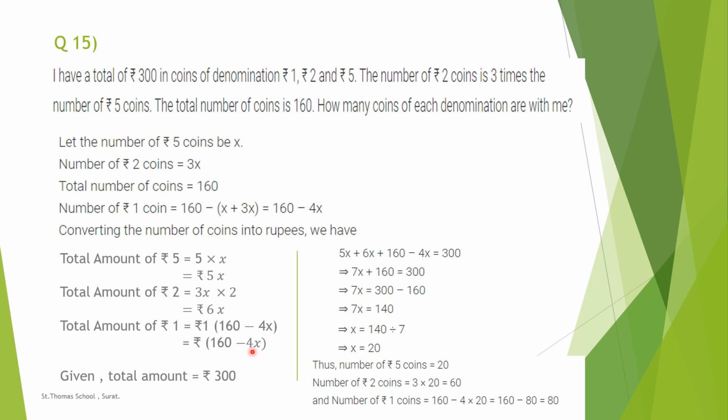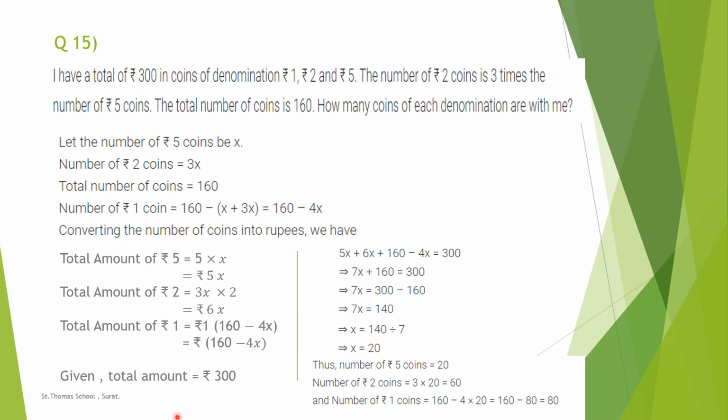For example, you have 300 rupees in notes. So what is the total amount you have? 100 multiplied by 3, that is 300 rupees you have. Same way, I have x coins of rupees 5. So what is the total amount? That is 5 multiplied by x, that is 5x. And 3x coins of rupees 2, so that is 3x multiplied by 2, that is 3 2s are 6x. It's clear now? Now what is the total amount I have? Total amount is rupees 300.